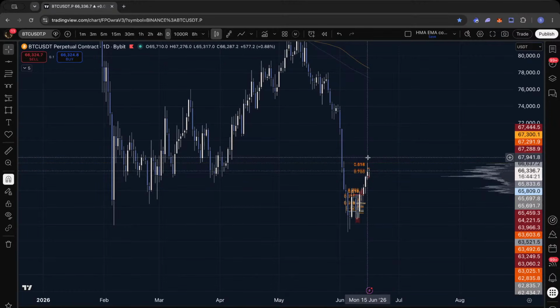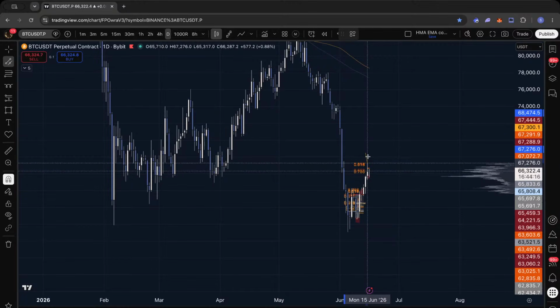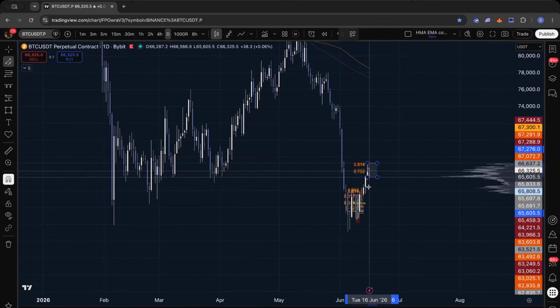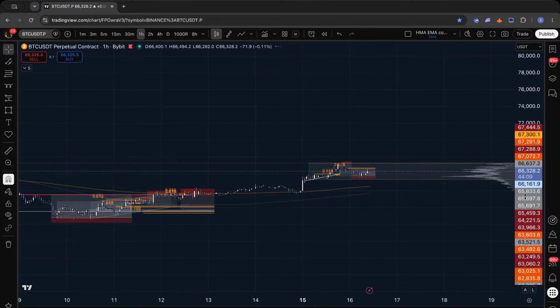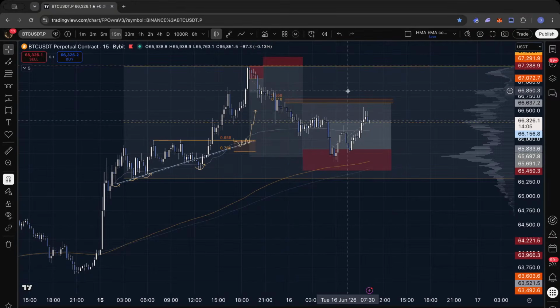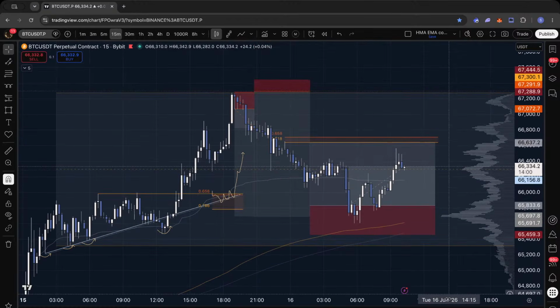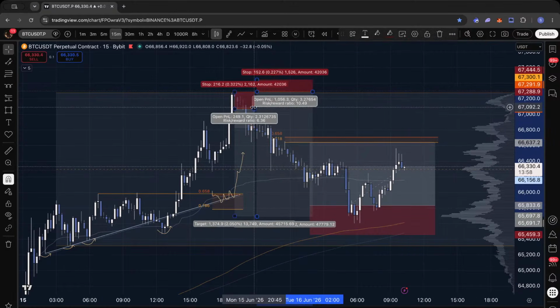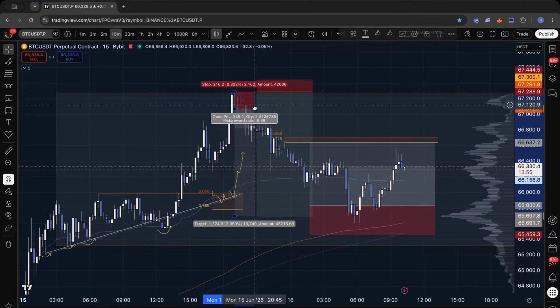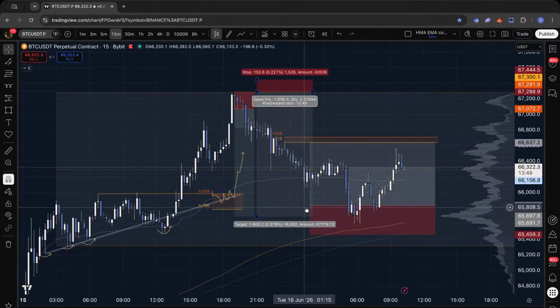Now we are inside the Monday candle. Easy stuff. We can actually draw the range and wait for the swing failure of either side. So that was the short last night, which I publicly explained and the reasoning behind it. I think with profits, if anyone managed to take it, make it risk-free accordingly. And then we hit the long.